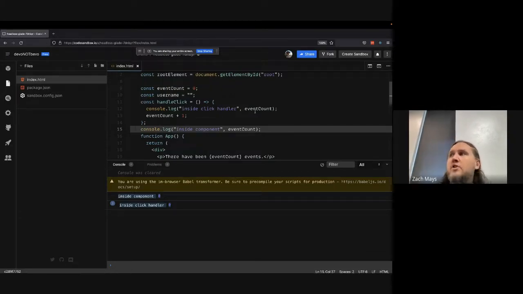This is what happens when you try to use just regular old variables inside of React. So what React does is, unless you are talking to what we call the state, which I'll show you what that is, then